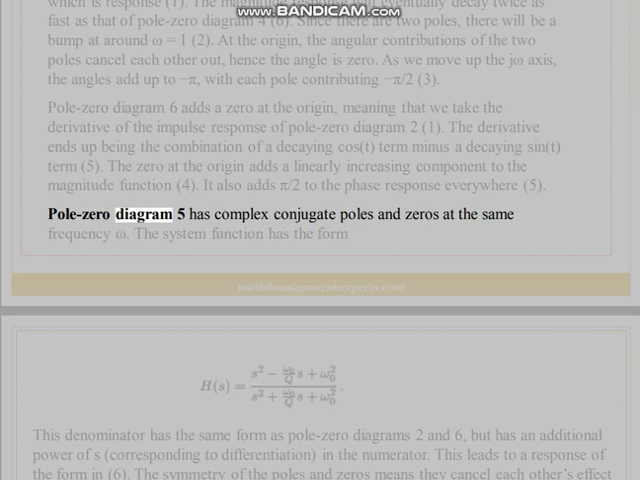Pole-zero diagram 5 has complex conjugate poles and zeros at the same frequency omega. The system function has the form